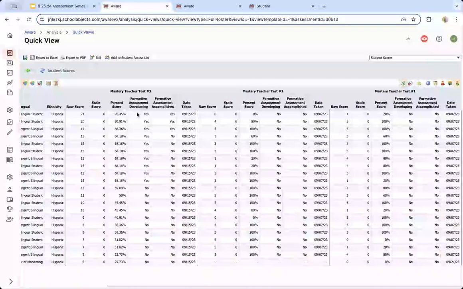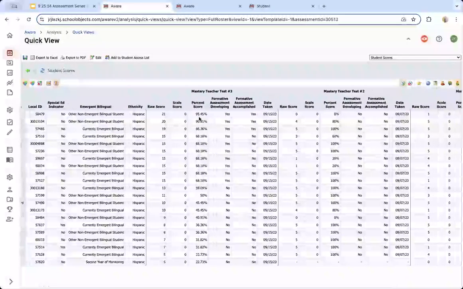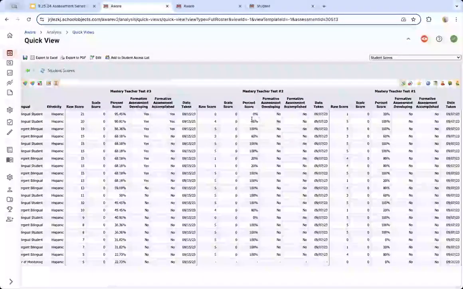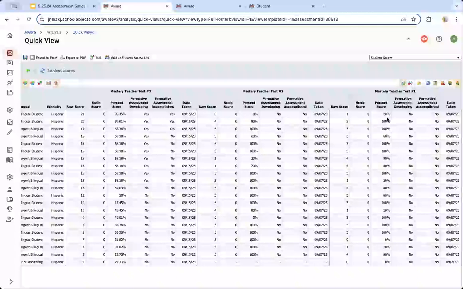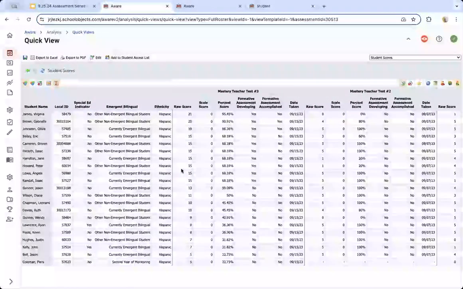next to each other, and I can see that this first student, Virginia James, did really great on number 3, not so great on number 2, and still not so great on number 1. So if I put these in the correct order and went 1, 2, 3, I could see something happened with that kiddo to get them up there. More than likely, what really happened is I just hand input the answers in a better way for that particular kid at that time. But it can pull valuable insight out if this was actual real data.